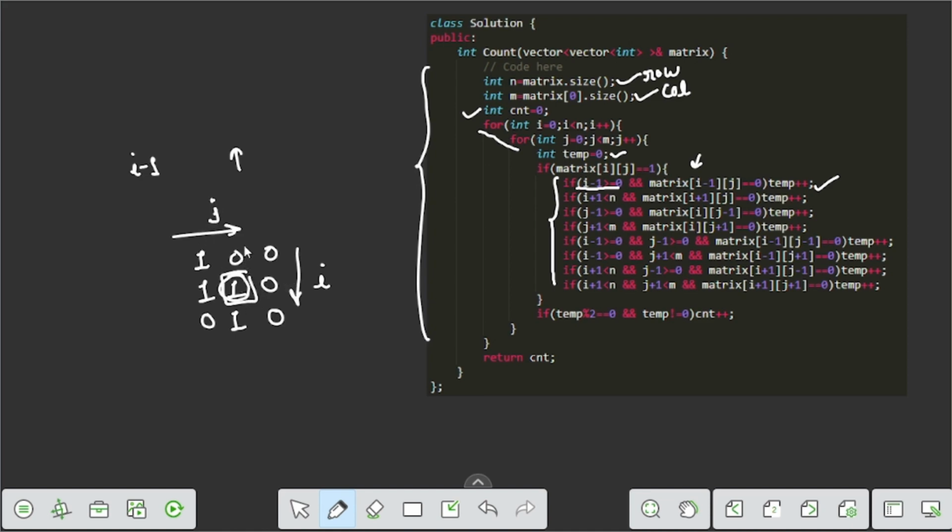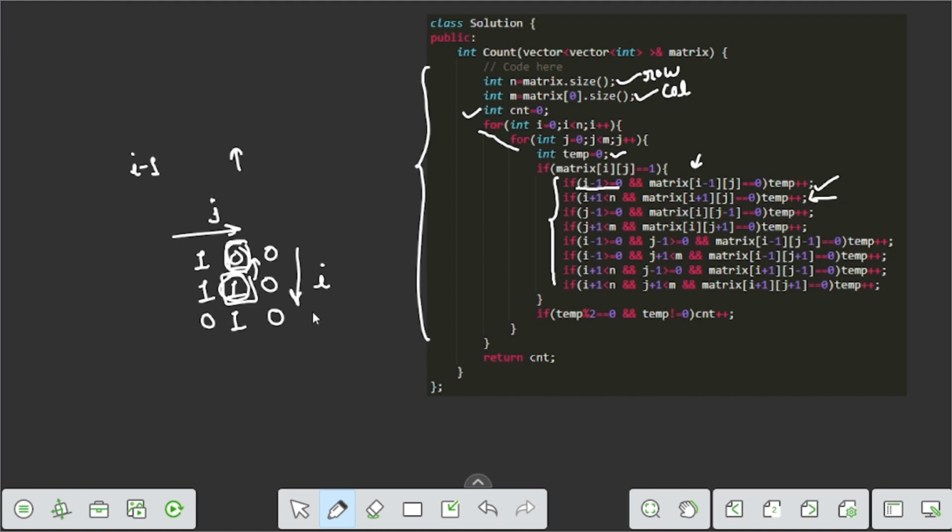If we want the upper value, we go to i minus 1 and j remains the same, so we check matrix of i minus 1, j, and if that is 0, then we increase the count. And this is for the down direction.